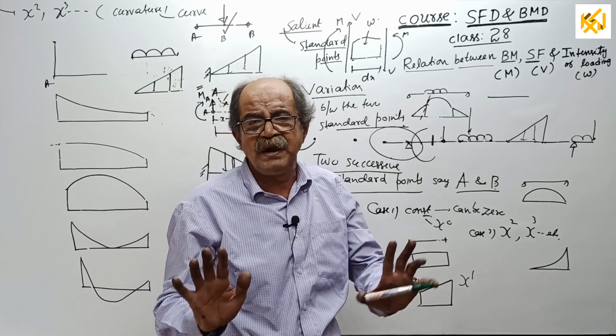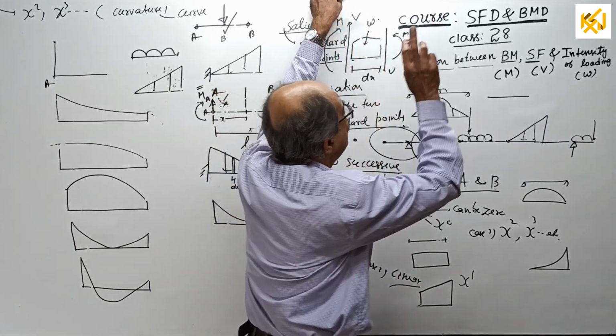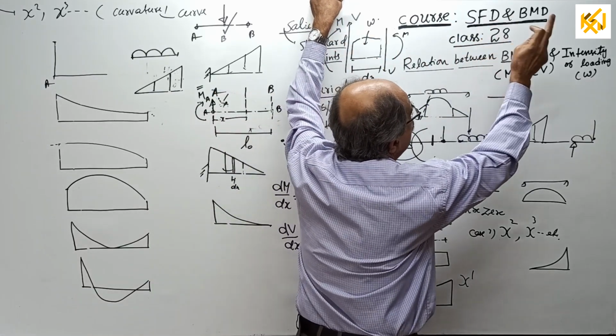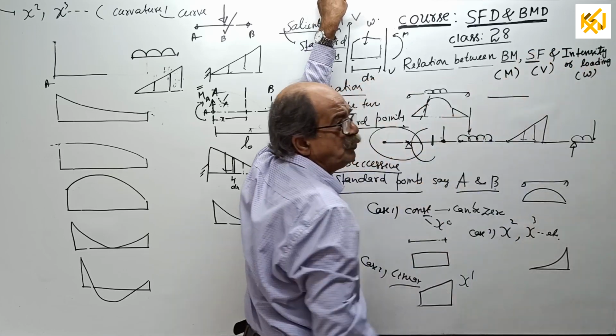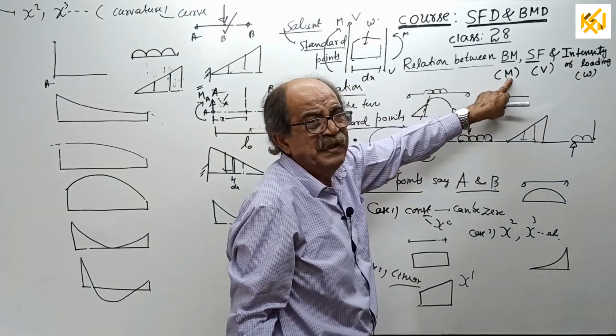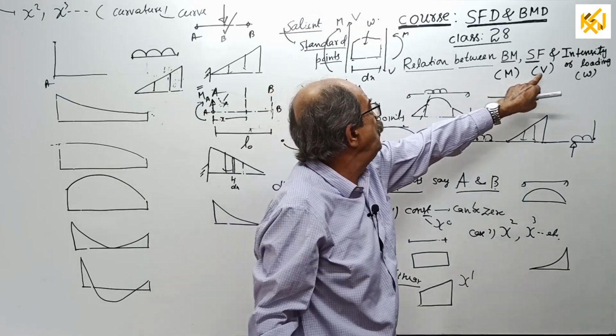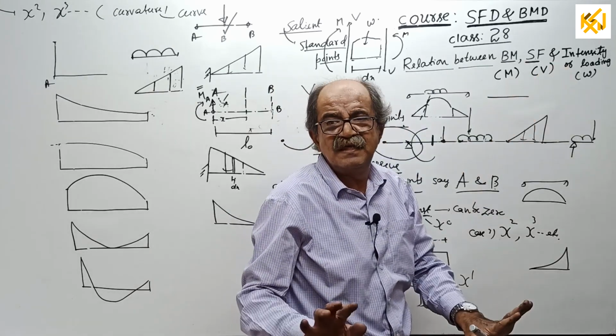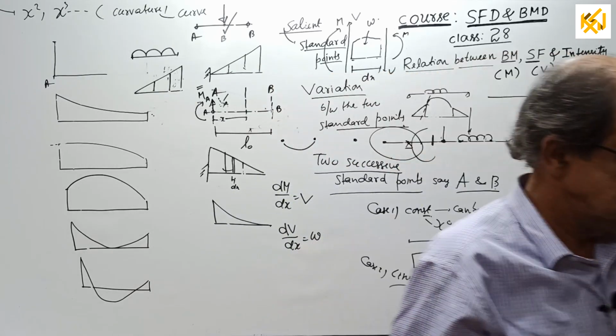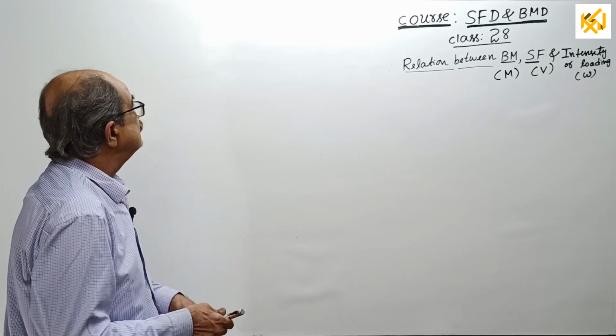I will start one by one now. That is the systematic relation between bending moment, shear force and intensity of load. At that time, I may put a suffix here. I will put MX and VX and WX. Okay, 1 minute. Now we will start. See, I will write here.